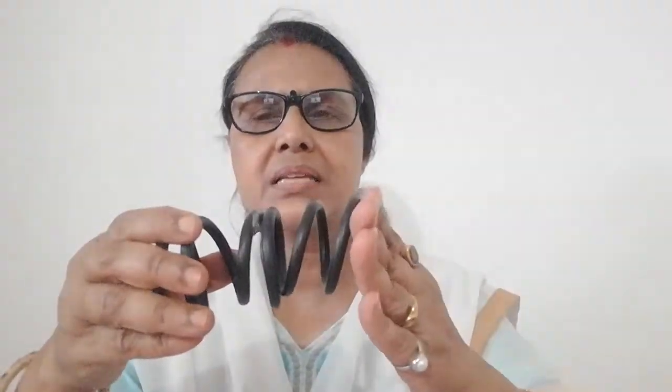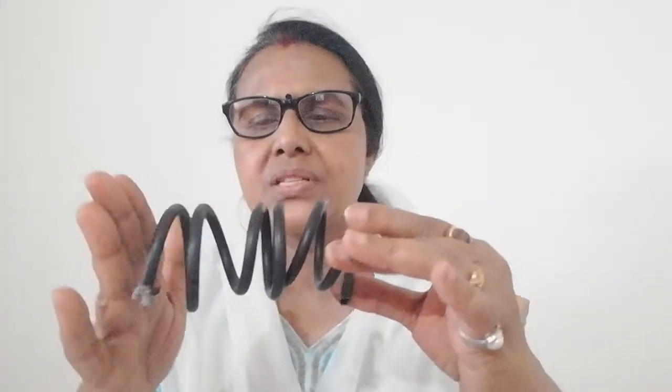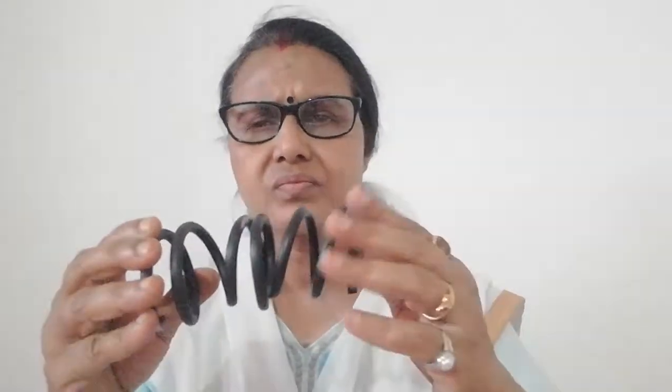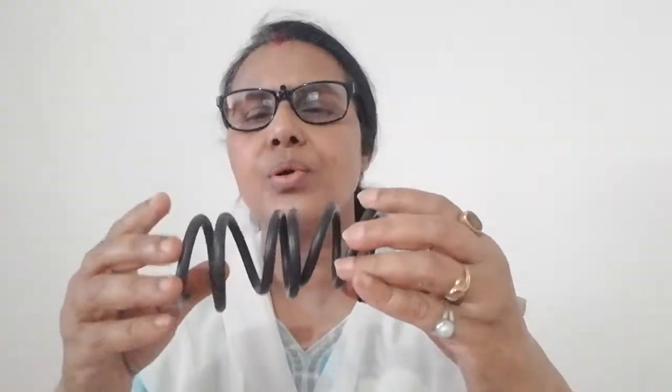So altogether this solenoid behaves like a bar magnet having one north pole and one south pole, and the length of the magnet is the length of the solenoid. So it behaves like a bar magnet which has one north pole and the other south pole. You all know that when you reverse the direction of current, then the poles also reverse. So in this solenoid, it is very useful that we can reverse the direction of current and reverse the poles also. So a solenoid is an electromagnet because it gains magnetic property due to electric current. The advantage is that we can increase or decrease the strength of the magnet.